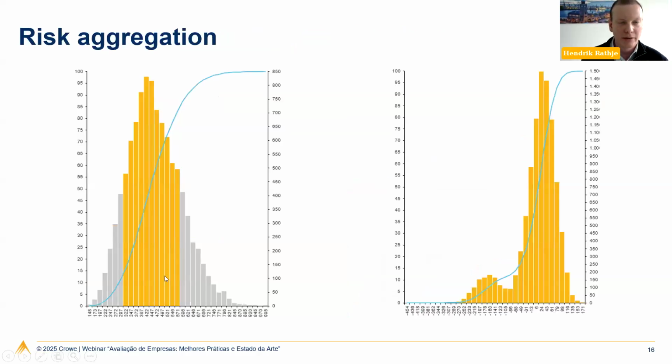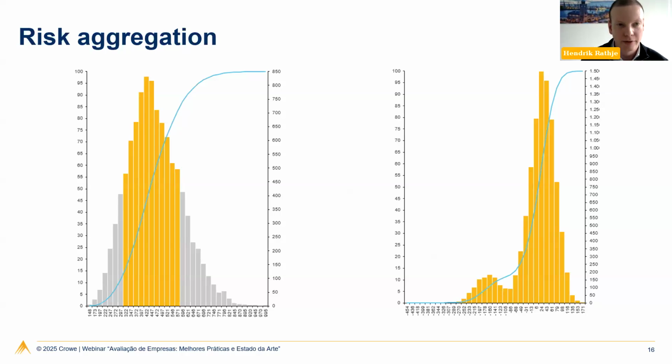We can aggregate those distributions. So we take all different distributions that we have defined before for your company, and the computer puts them all together, calculates the different combinations for your company 10,000 times, 20,000 times. It depends a little bit on the model. Based on the complexity of the model that we are using, this can be done in a few seconds. Sometimes it takes an hour or so if it's very complex. But most of the time, for company valuation, the more simple